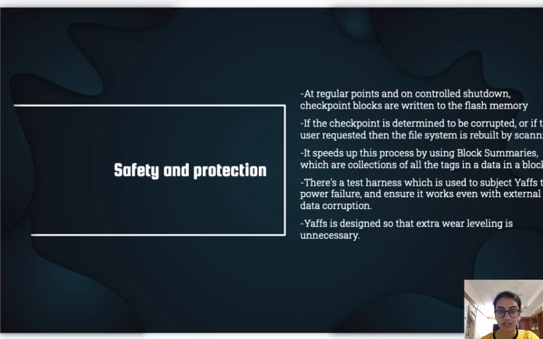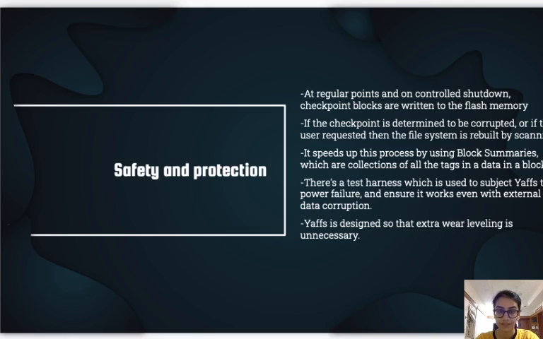We will now discuss the last topic, which is how YAFFS ensures that the safety and the protection of files is confirmed. At regular points and on controlled shutdown, checkpoint blocks are written on the flash memory. They contain all the data to quickly rebuild the file system. Under usual circumstances, this checkpoint is used when a device is starting. If the checkpoint is determined to be corrupted or if the user has requested, then the file system is rebuilt